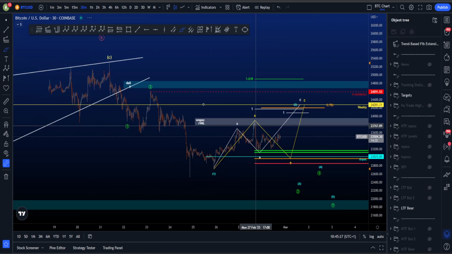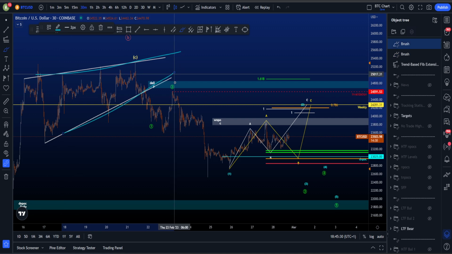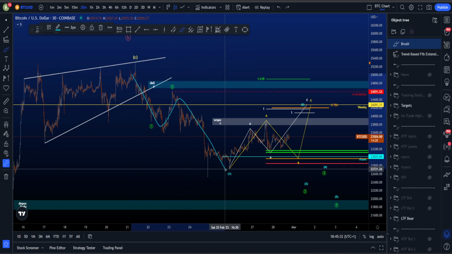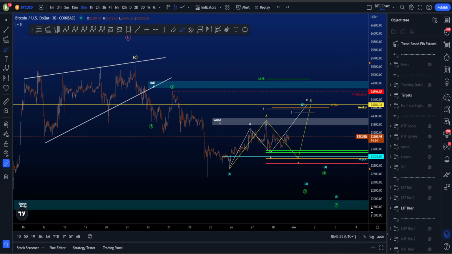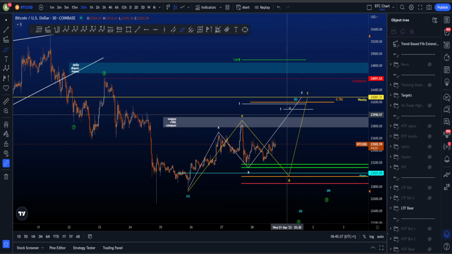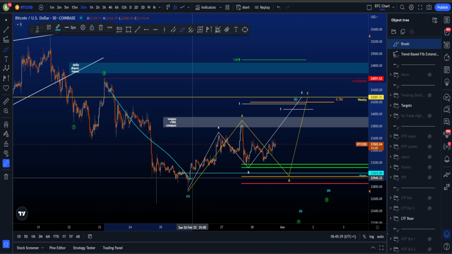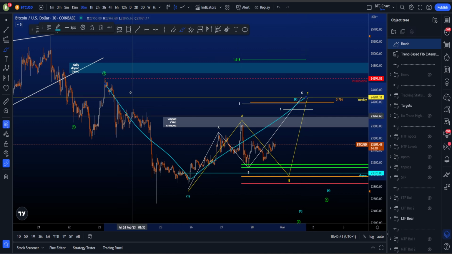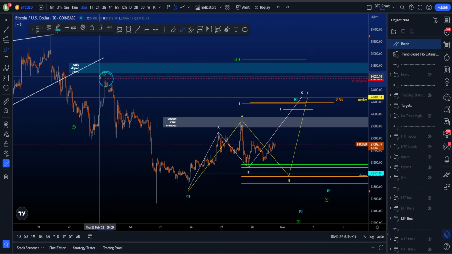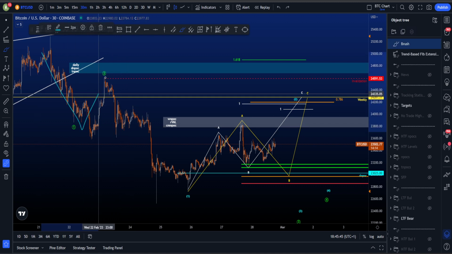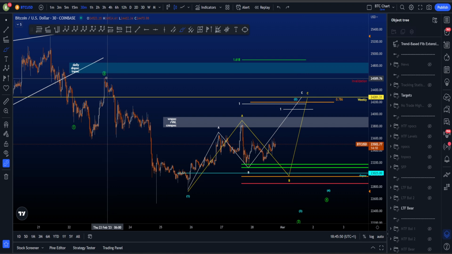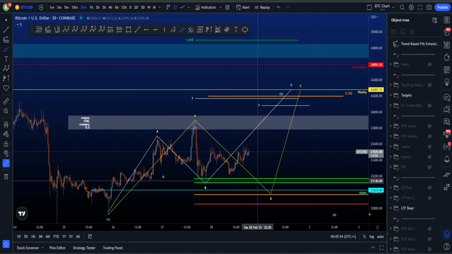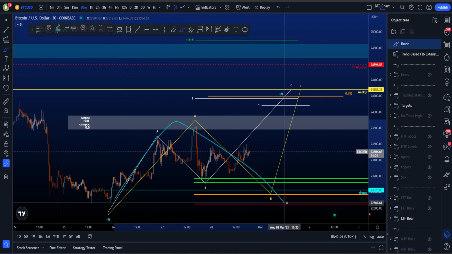So in this case, we had an ending diagonal over here, and we are then creating a 1-2, 1-2 before then a massive 3 to the downside. Now, in order for this to be another 1-2, price is not allowed to go above the high of this green 2, because we have a 1-2, 1-2, and this 2 retracement is not allowed to go above the origin of wave 1. So locally on the lower time frame, I would then be looking for an A, B, C